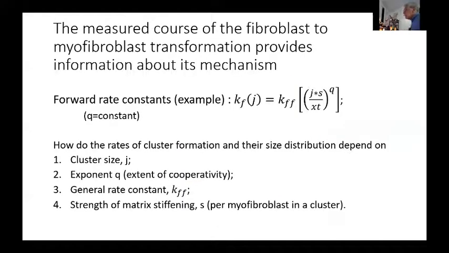So I want to summarize then by pointing out that the measured course of the fibroblast to myofibroblast transformation provides information about its mechanism. So first of all, are there clusters? If there are clusters, how do the clusters grow with the progress of the transformation of fibroblast to myofibroblast? How does the cluster size vary? Can you represent it in terms of a rate constant that has a constant exponent or a more rapidly increasing exponent, and try to get values for the general rate constant K sub FF